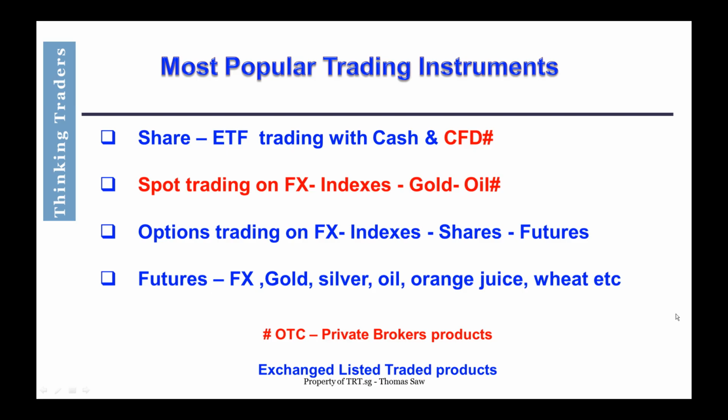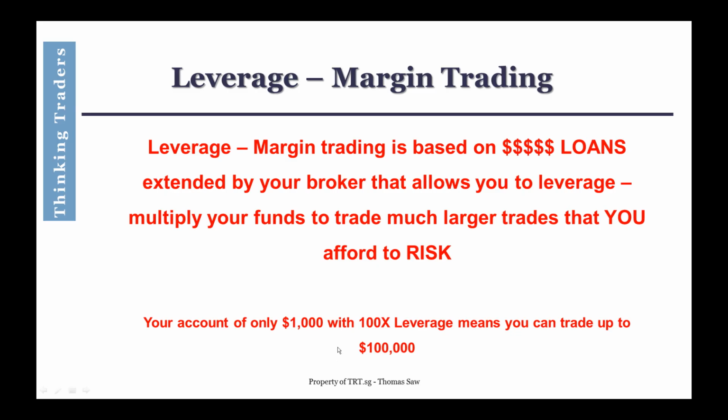Today's talk will be focusing on how to do a trade with as little capital as possible without leverage. Because leverage, just imagine, you put in $1,000, you can trade 100,000. Some of you I know got 500 times. Certain Russian brokers can trade out to 5,000 times, which means your $1,000 can trade out to $5 million.